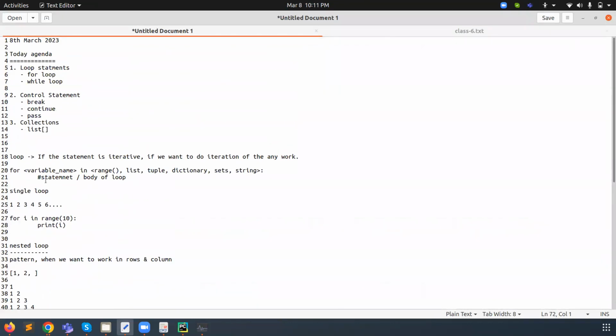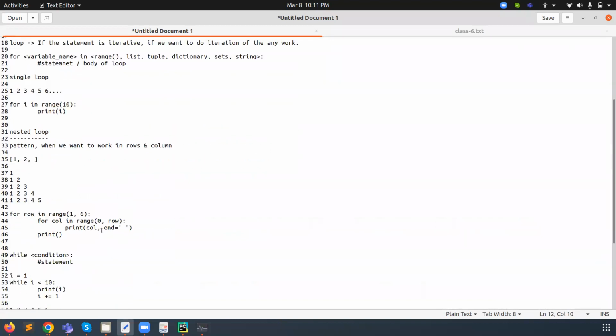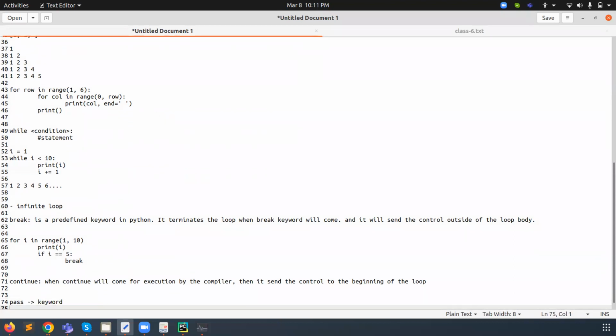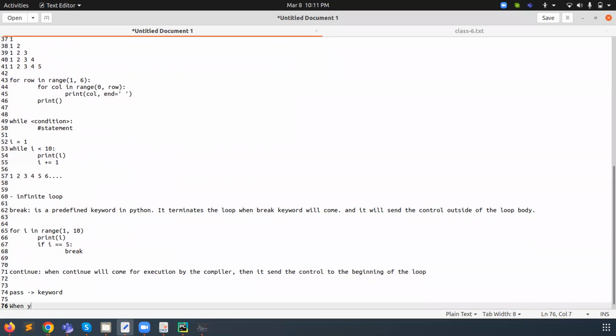Now pass. Pass, generally, we use the pass keyword when we want to define the programming syntax but we don't want to define the body of the function.